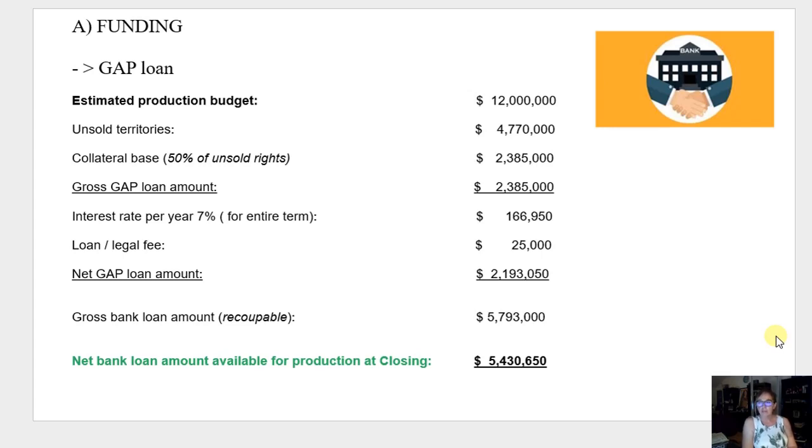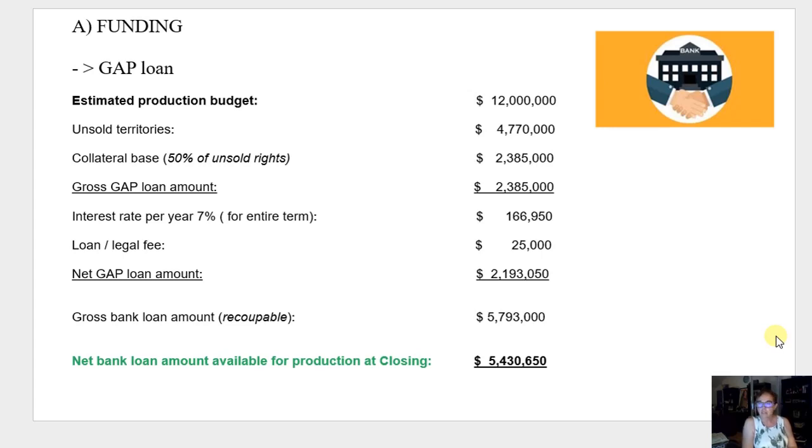Now, this $2,385,000 is under the cap of 20% of our budget, which would be $2.4 million. So we're barely under, which is why the entire 50% of our unsold rights is going to be available for us as a gap loan. The interest charge on this is going to be $166,950 because it's 70% of